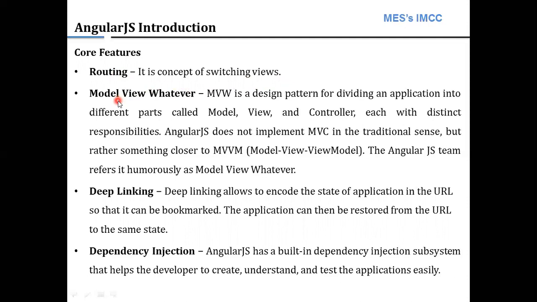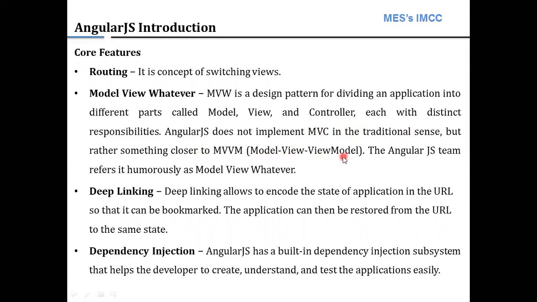In AngularJS, we call it Model View Whatever. Model View Whatever is the design pattern for dividing an application into different parts called model, view, and controller, each with distinct responsibilities. AngularJS does not implement MVC in the traditional sense, but rather something closer to MVVM, that is model, view, view model.